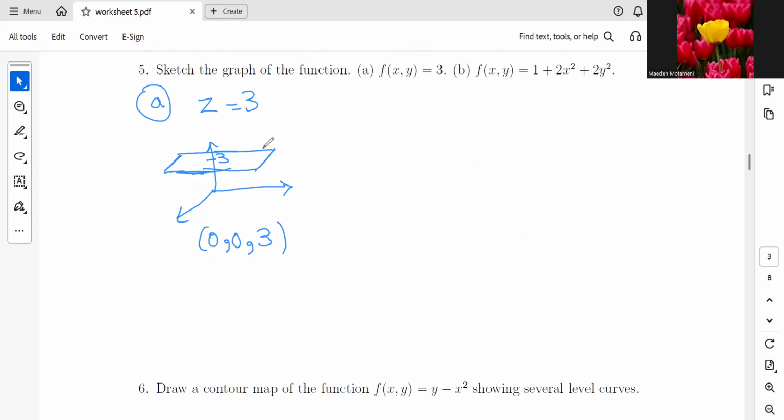Because in this case, we only have fixed the z value. And the x and y values can change. This is why we have a plane. And this point here is this one. So x values can be positive, negative, y values can be positive, negative. This makes a plane. For part B,